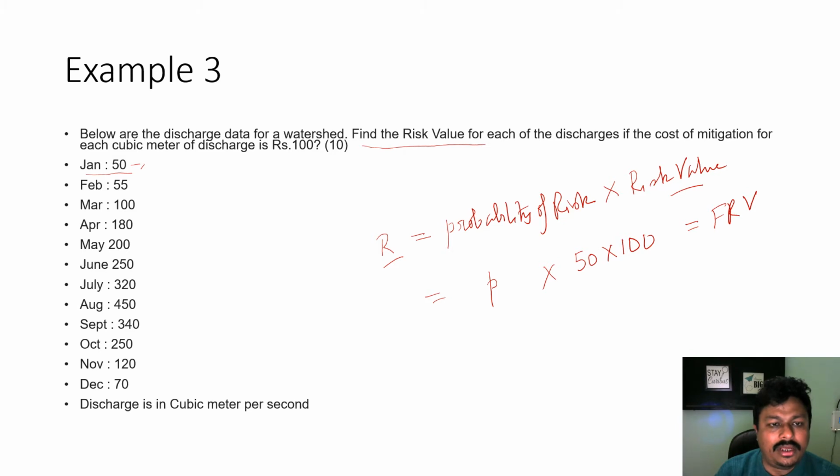It is very easy. First, rank all the discharges in descending order. That means the maximum discharge gets the highest rank and the minimum discharge gets the lowest rank. Here, as you can see, this is the highest discharge, followed by this second, this is the third, and here both have the same value, 250 and 250, the discharge of June and the discharge of October. So they will be assigned the same rank,